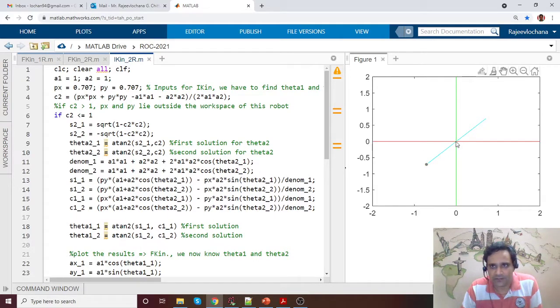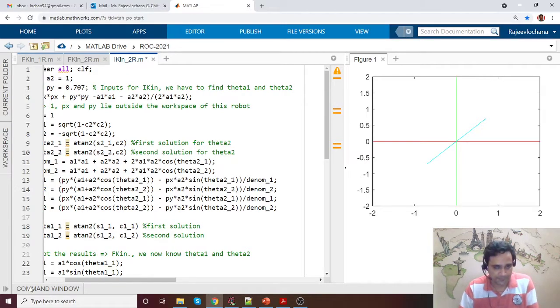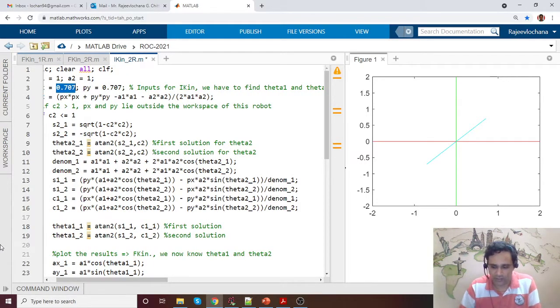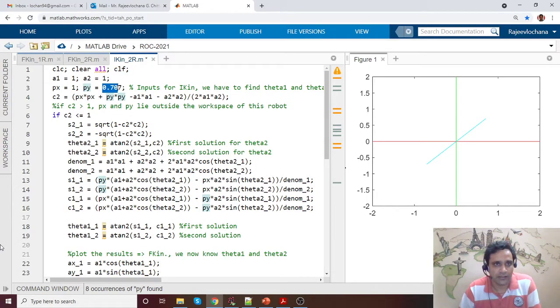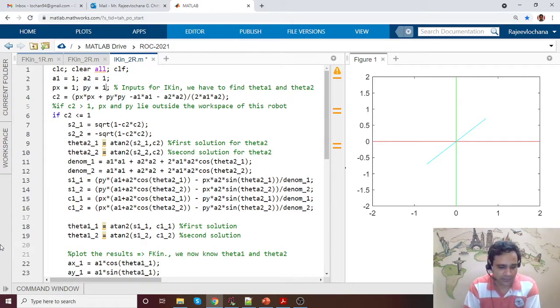To reach there, our 1 unit and then 1 unit. Okay, let me do 1 and 1. Sorry, I should have done 1 and 1. If it is 45, 45, or rather horizontal, vertical, that is what we want. 1 and 1, 1 unit, 1 unit. Let me save this and run editor. Okay, yeah, this is what we wanted, 1 unit and 1 unit up.